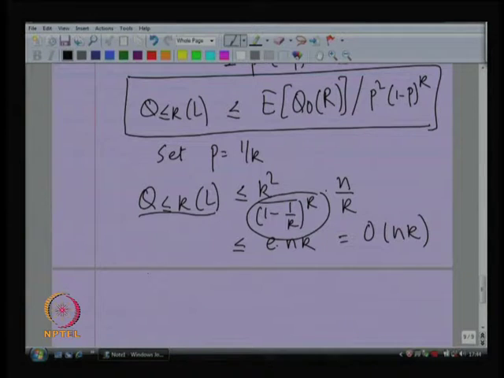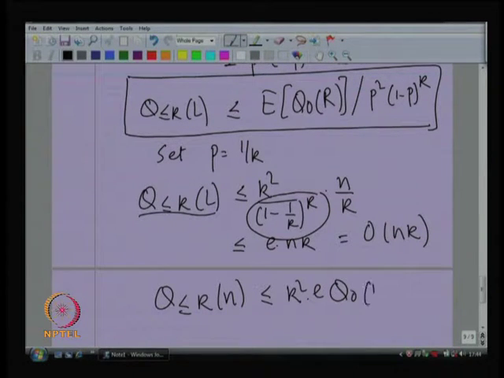So, if I look at the worst case bound, so this is phi k n, I will choose p as 1 over k. So it gets k square times E, I will just ignore this part, and the expected I will replace with the worst case bound, because the size of R is n over k. So, what you get is basically